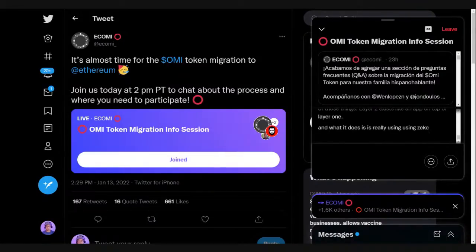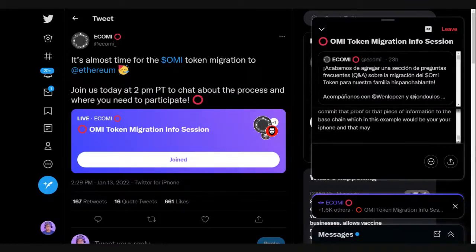And what it does, really using ZK rollups and ZK technology like IMX does, is really improve the efficiency of transactions. So it allows them to bundle a larger volume of transactions off-chain and then commit that proof or that piece of information to the base chain, which in this example would be your iPhone. And that maintains the record of immutability. So really, layer 1 is the existing Ethereum blockchain, and layer 2 is a protocol or an app that lives